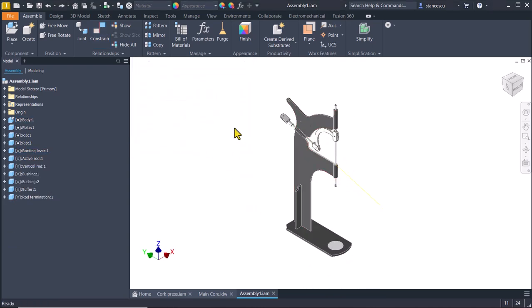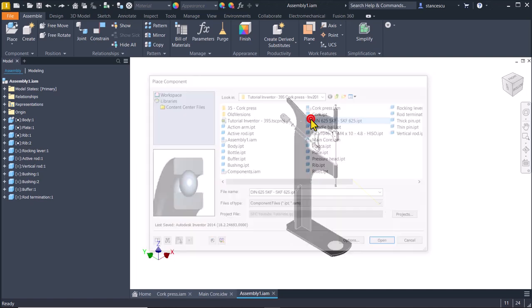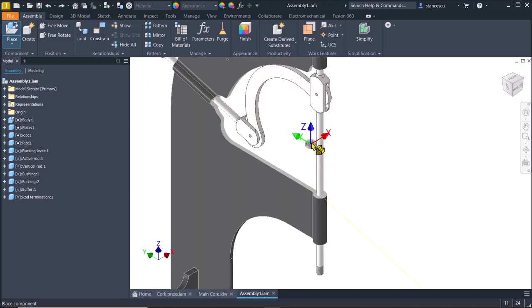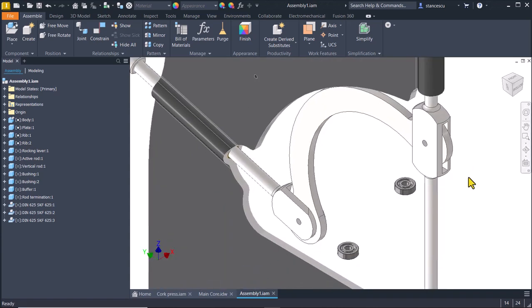This assembly also contains 3 ball bearings. They are this. One is here, another here, and another comes right here. To place them in position, we hide this